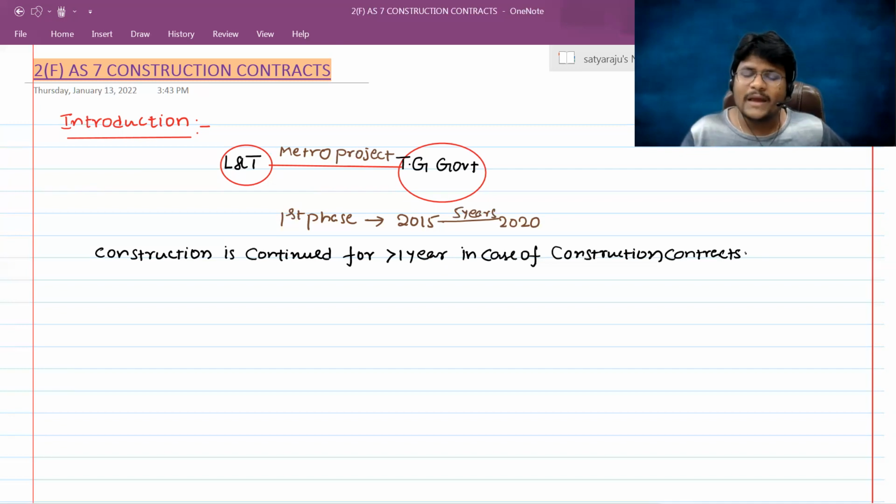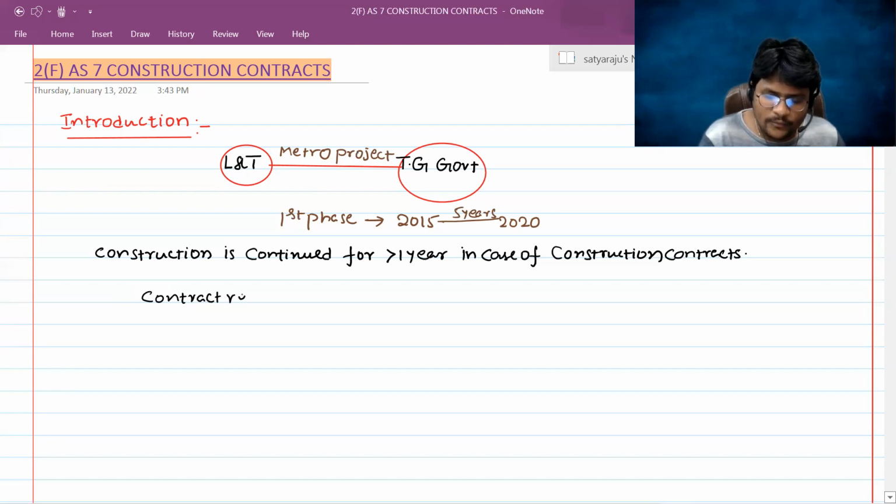From the beginning itself, that is from the first financial year itself, you should report how much profit or loss is derived from such a contract for reporting purposes. That is the peculiar thing that happens in the case of construction contracts. That means the total revenue, which is generally termed as contract revenue, the total contract revenue,